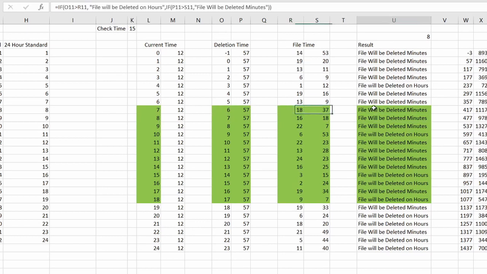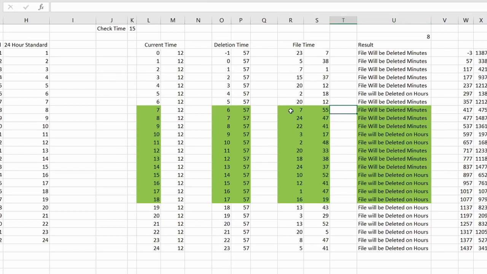Okay, that's my fault. I was reading that wrong. This isn't true, so it won't take this. It will run to the next if statement. And this if statement says if P11, so this one, is bigger than S11, 37, the file will be deleted based on the minutes. And as you can see immediately there, the problem is the previous day's information if that wasn't deleted. Now, for the most part, this shouldn't be a problem because the idea is to run the script